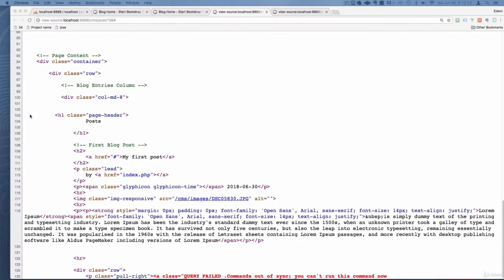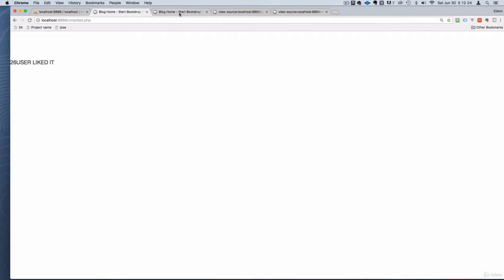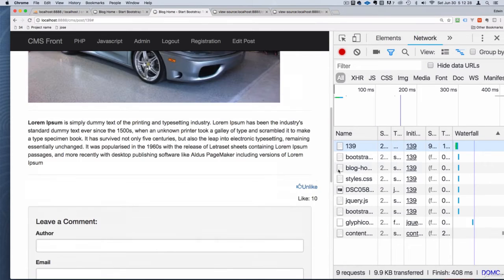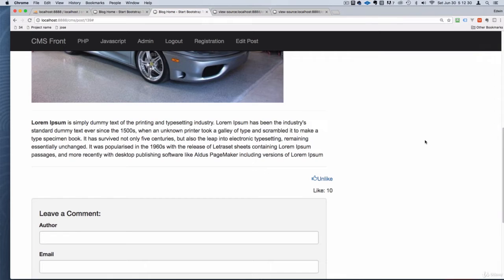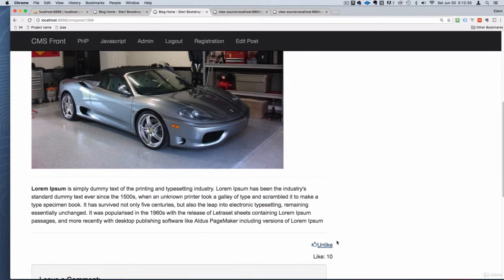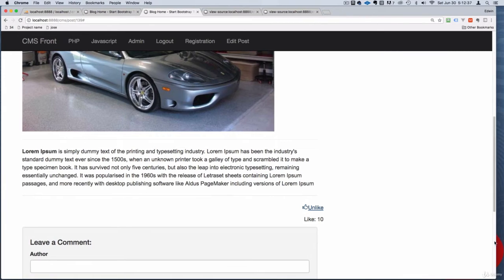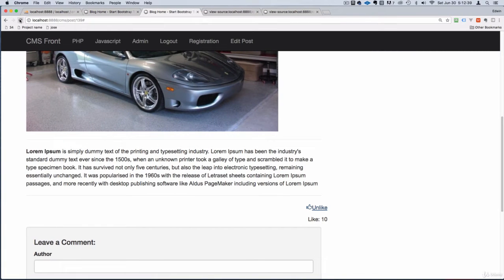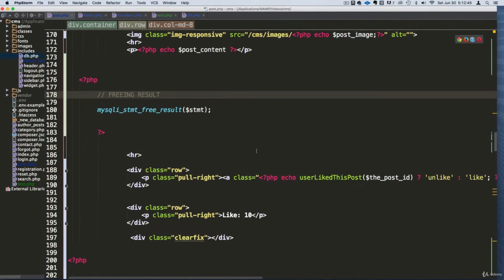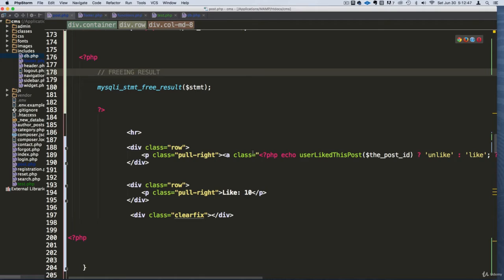Okay, let's go back here and refresh. Okay, looks like it's now working. All right, so now it looks like it's working. Let me click here, and you can see now that that button is not changing. Let's refresh, and now it did change. And I think I have a pretty good idea why it did not change, and it's because we're using,